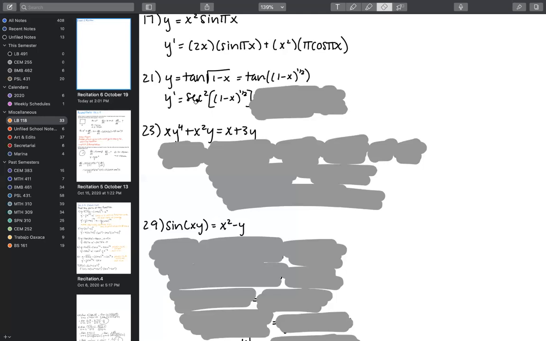And so we have the outermost aspect, the first link of the chain rule, and then we multiply by the derivative of the inside, which is going to be 1/2, keeping everything on the inside the same, to the negative 1/2 because we've reduced the power by 1. And then we multiply by -1 to account for the derivative of that negative x on the inside of our parentheses here.